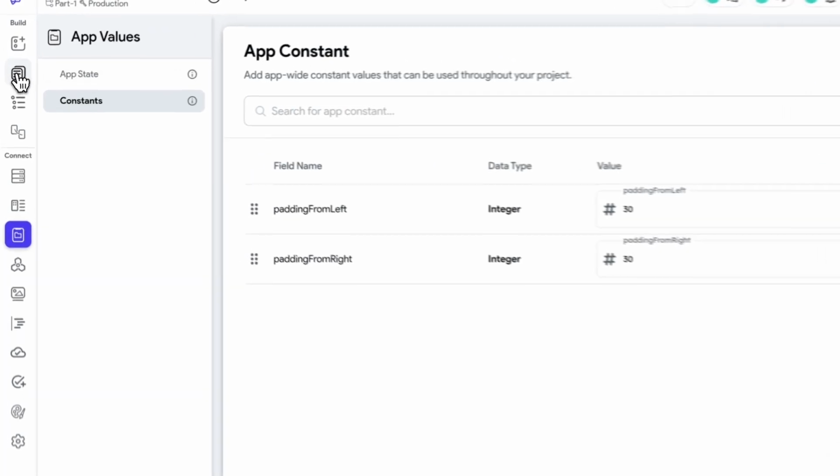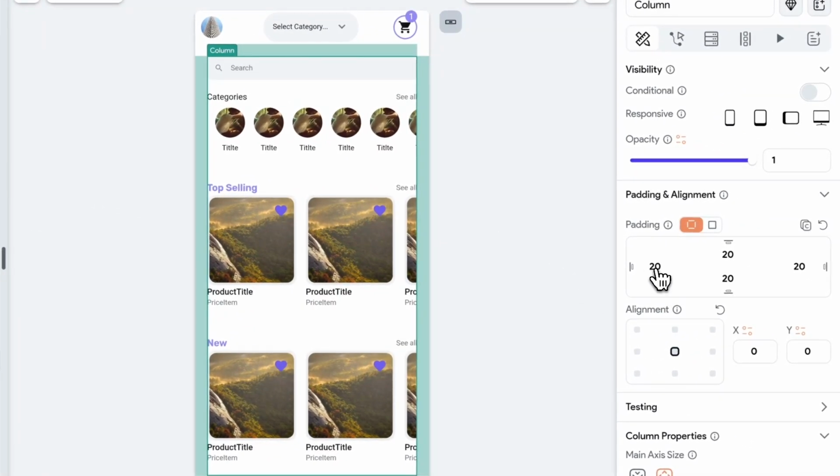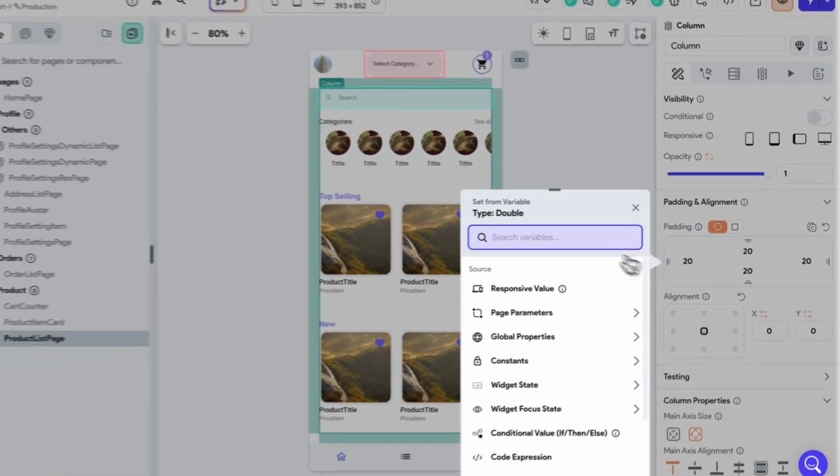Now I go back to my pages. And this time, if I go to the padding, instead of the manual number that I'm adding here, I can click on set variable icon. There you go. Here's the icon. You'll see it everywhere. You see it here, there, and in opacity, and almost everywhere. Now I can click on set variable,